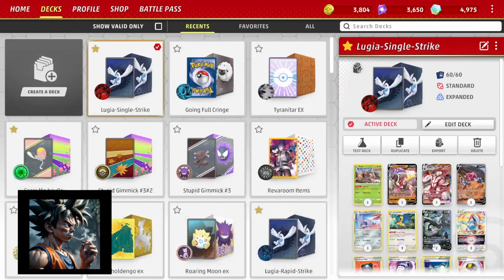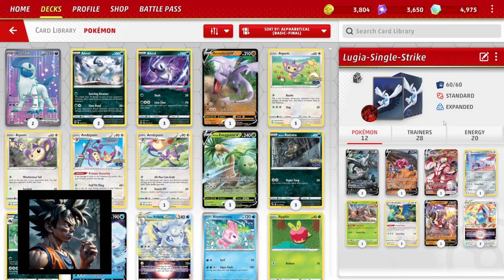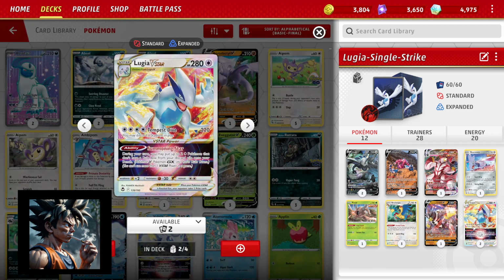Today, we're going to be taking a look at a deck that worked decently well in the past. This is Lugia. Now, Lugia is an interesting engine. It's all based off of this card, Lugia VStar. It has the VStar ability, Summoning Star. During your turn, you may put 2 normal Pokemon that don't have a rule box from your discard pile into